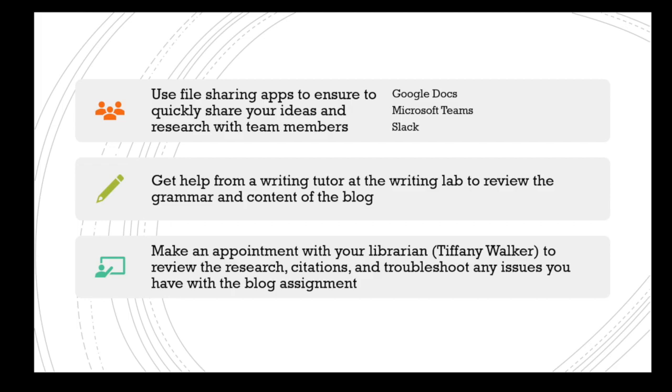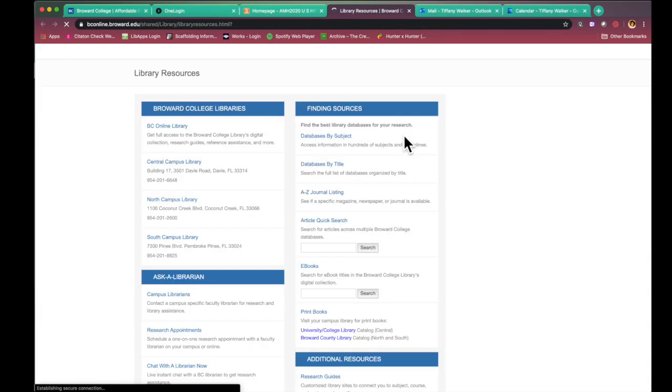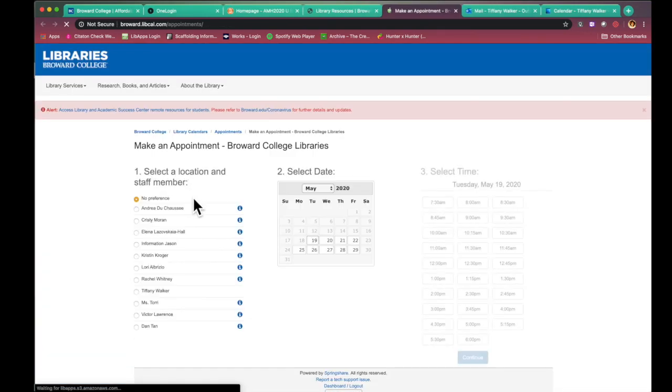It's very easy to utilize. If you're inside of D2L, all you're going to do is go to where it says Resources, click on Library Resources. This page should already be familiar to you based on the last video, but instead of coming to Article Quick Search, we're going to scroll past that and we're going to go to where it says Research Appointments right here. So I'm going to click on Research Appointments,